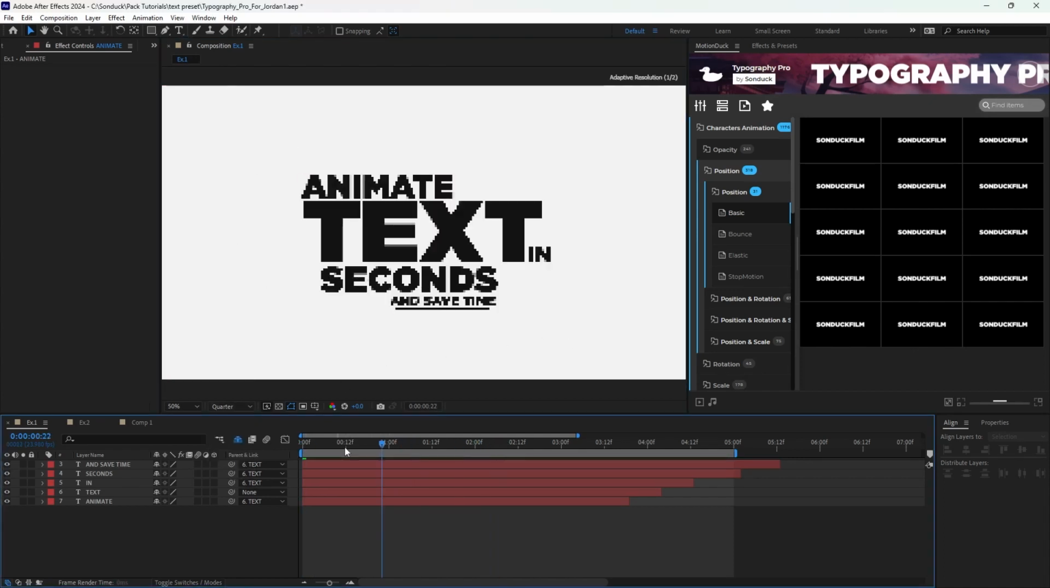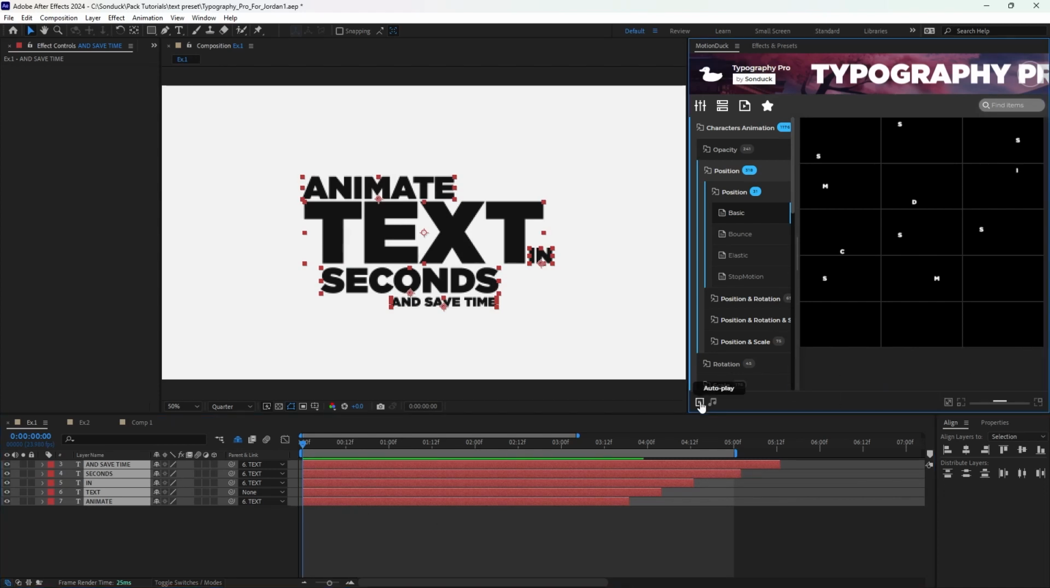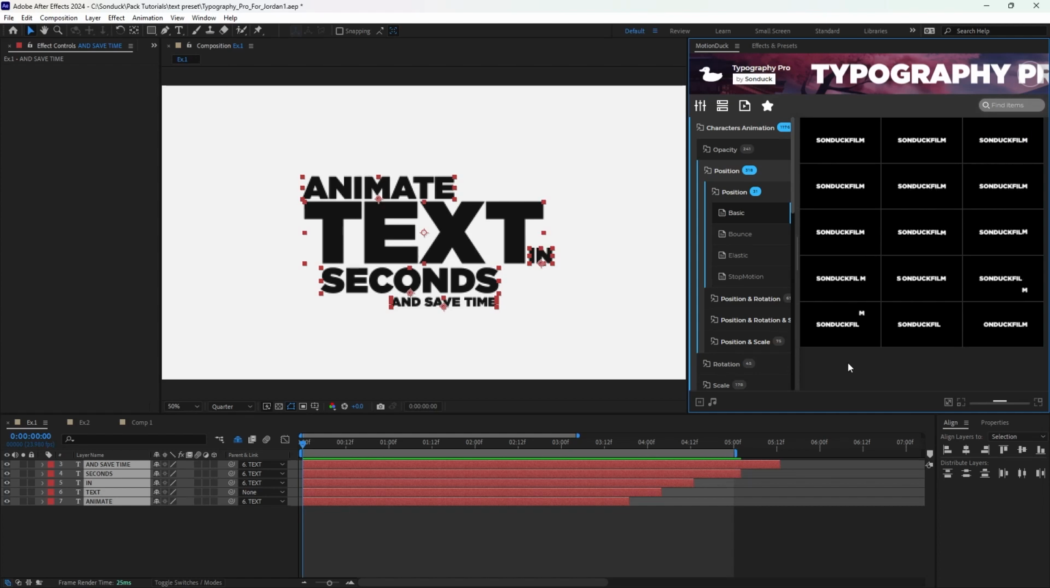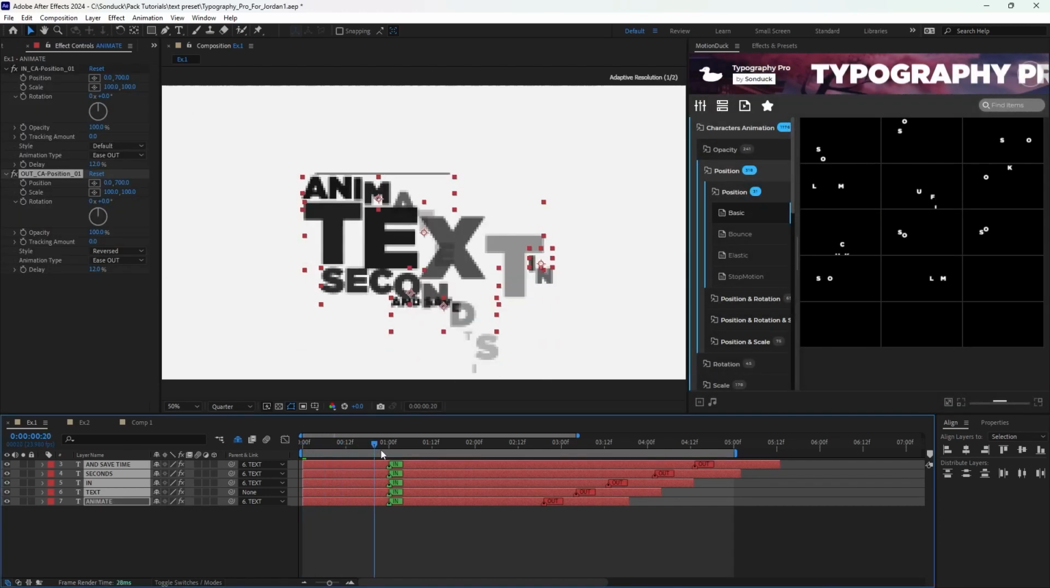To apply an animation, highlight all of the text that you want to be animated, then navigate to the MotionDuck window. You can click the autoplay button at the bottom left to preview the animations, find one that you like, then click to have it animate in, out, or both. After a short load, it will apply the animation to all of the text that you have highlighted, and then